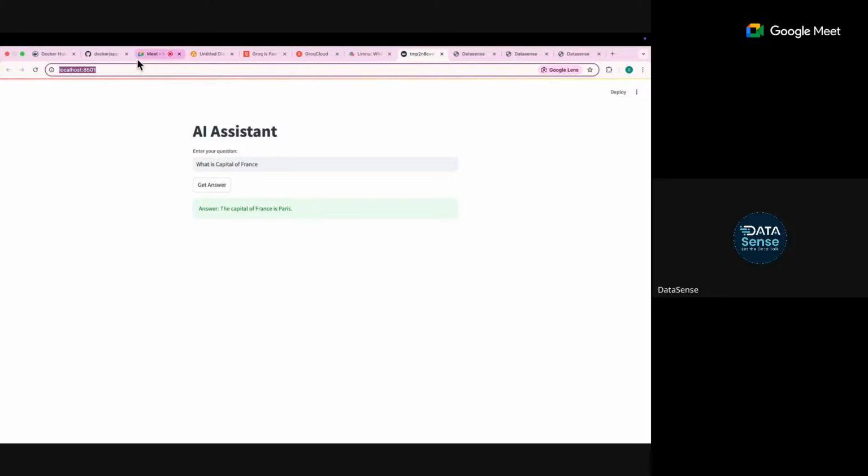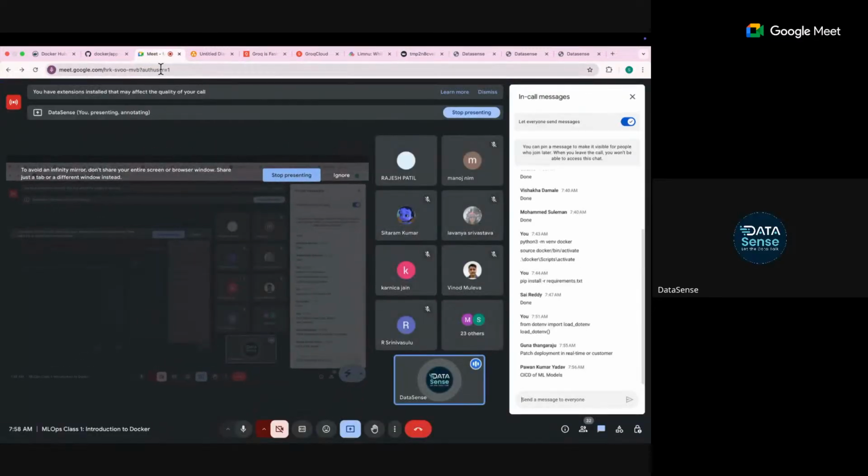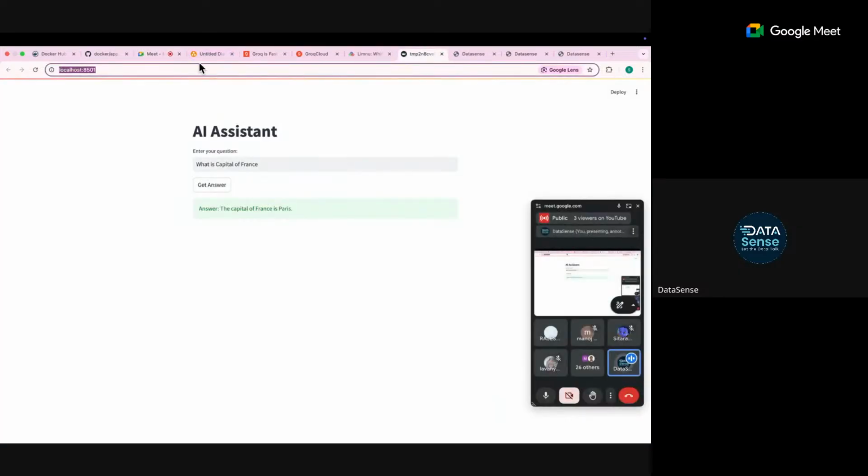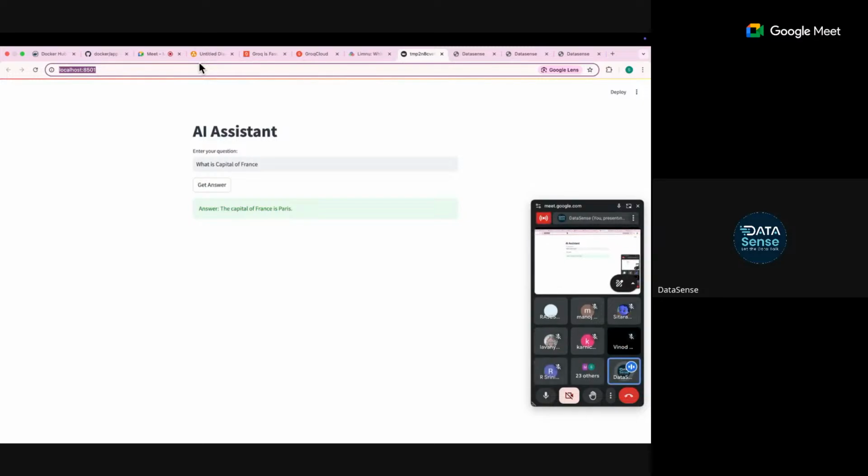Agreed? Right? So let's say I launch this saying, okay, this is my chatbot I have launched for everyone. This will be totally unreliable, because the moment I close my laptop, people will not be able to access it. So this is the first problem: we study building machine learning, doing data engineering, we do a lot of things, but how can people access that in real time, without any break, without any interruption?